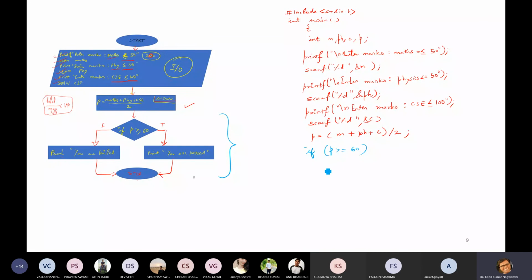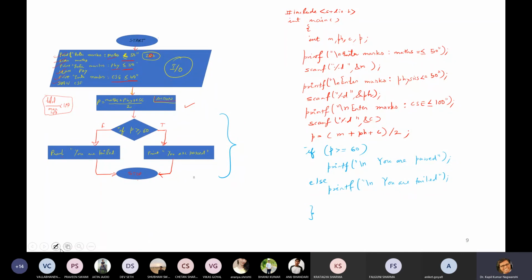Okay, this is a small p, not capital P. So we need to write printf \n you are passed, else printf you are failed. Okay. And after that, this statement stop will be written here.